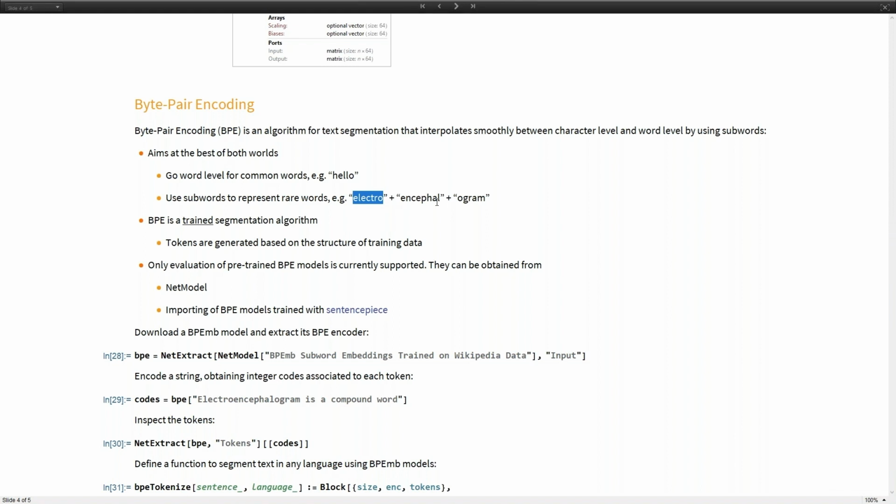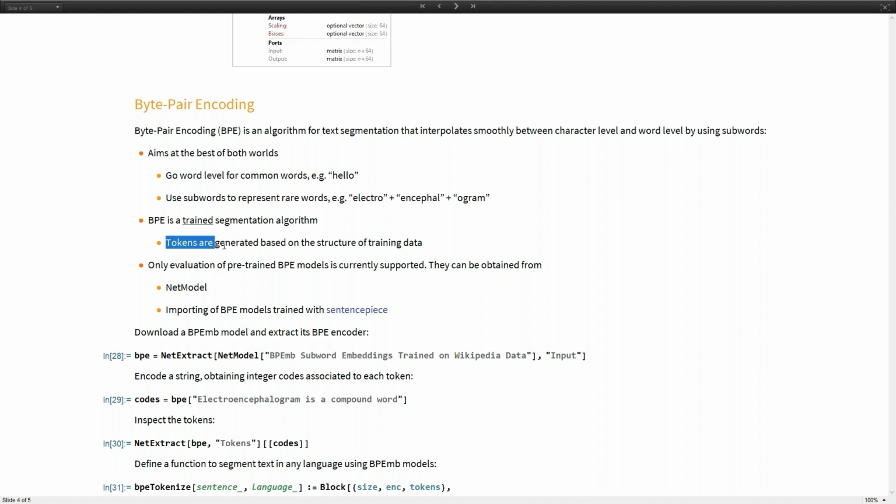So it's very powerful also for this reason. BPE is a trained segmentation algorithm, so you don't have to come up with all the words and subwords by yourself, but you train it on raw text data, and the tokens are generated based on the structure of the data. The algorithm naturally comes up with these nice, meaningful segmentations.